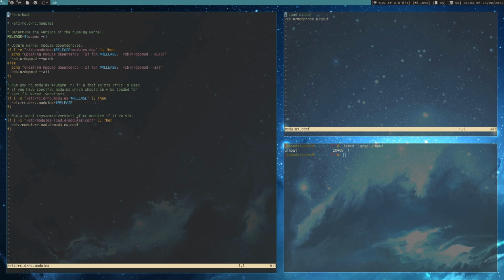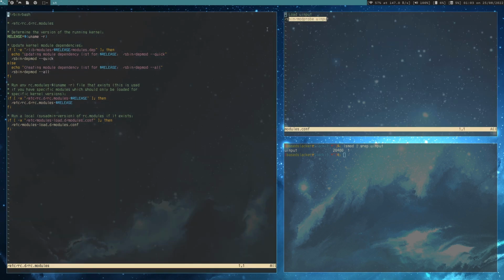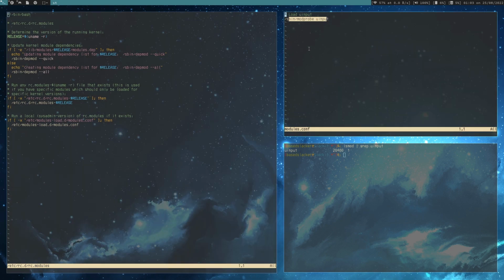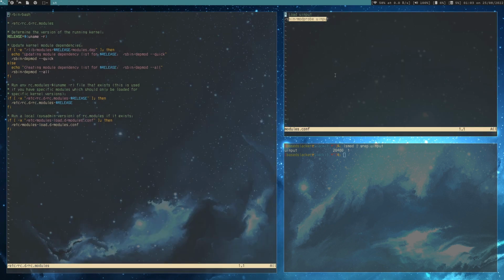You can have it be whatever you want, essentially. If you want to leave it as rc.modules.local and leave that as executable, then you can put the kernel modules that you want loaded at boot time there. I just decided to make it more Runit-like, and do the modules-load.d. And basically I just made a modules.conf file, made it executable, and I did it the Slackware way,